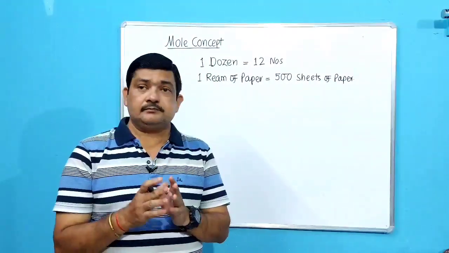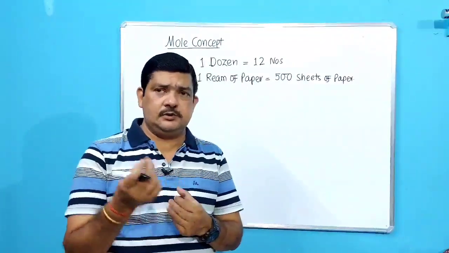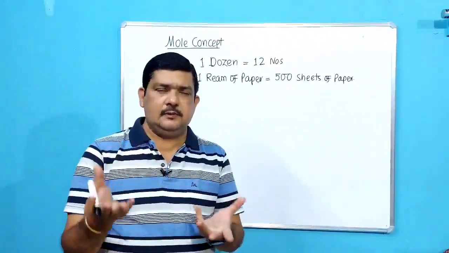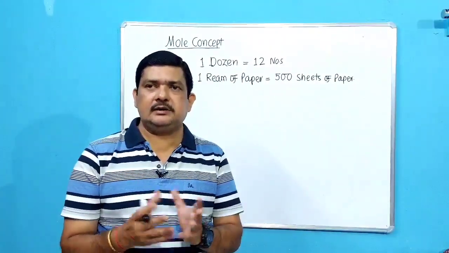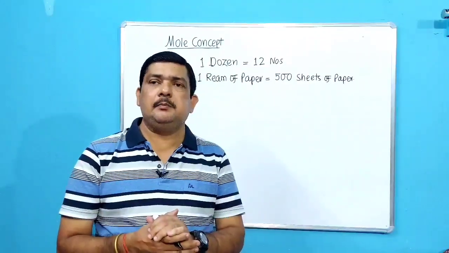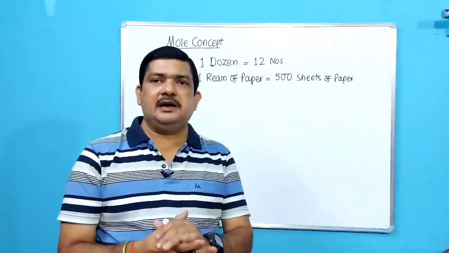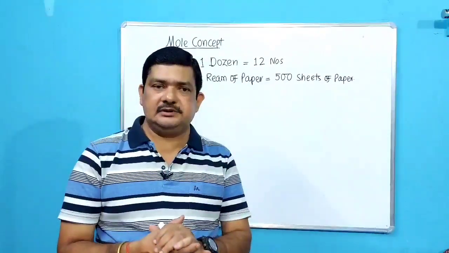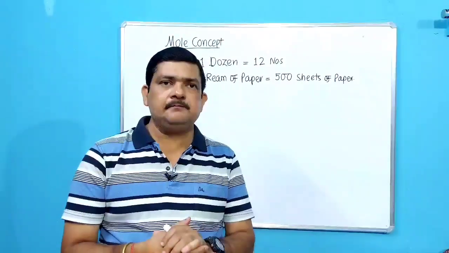Okay. So similarly, if you go for purchasing rice grain, one rice grain has almost no mass or no weight. So what we do? We normally purchase rice in the form of bags. So whatever may be the size of rice, one bag of rice means 25 kilograms. Okay. So that is the standardized term used everywhere, mostly in India.